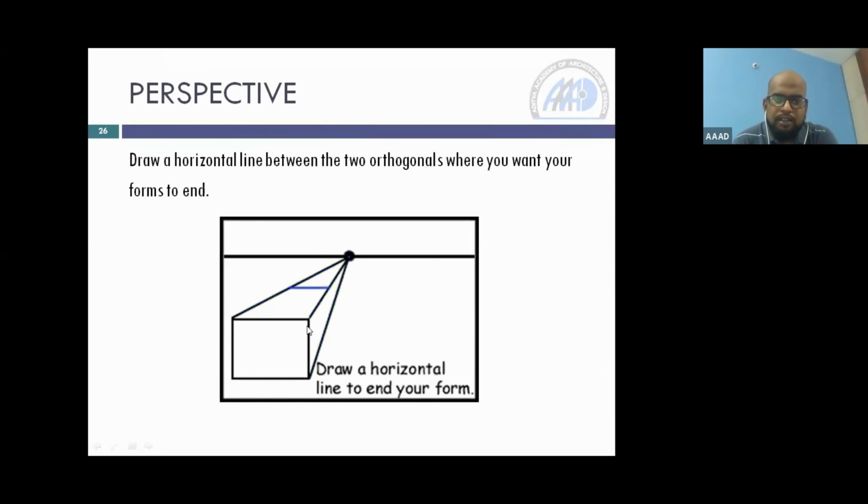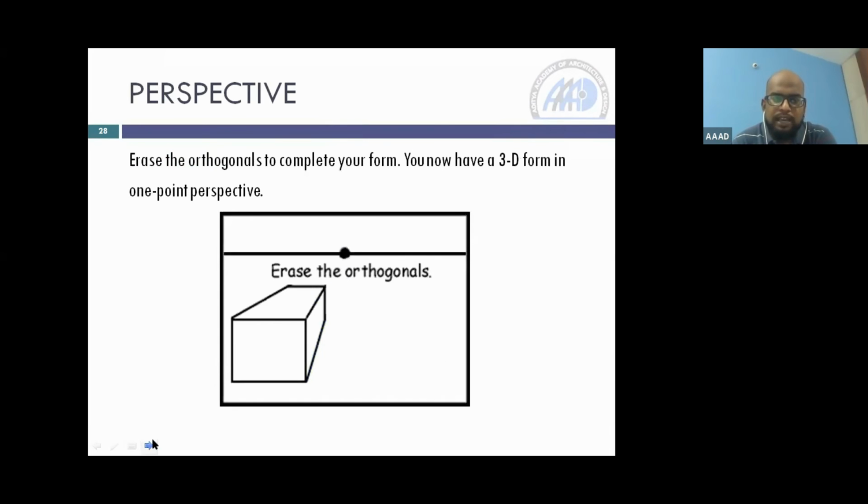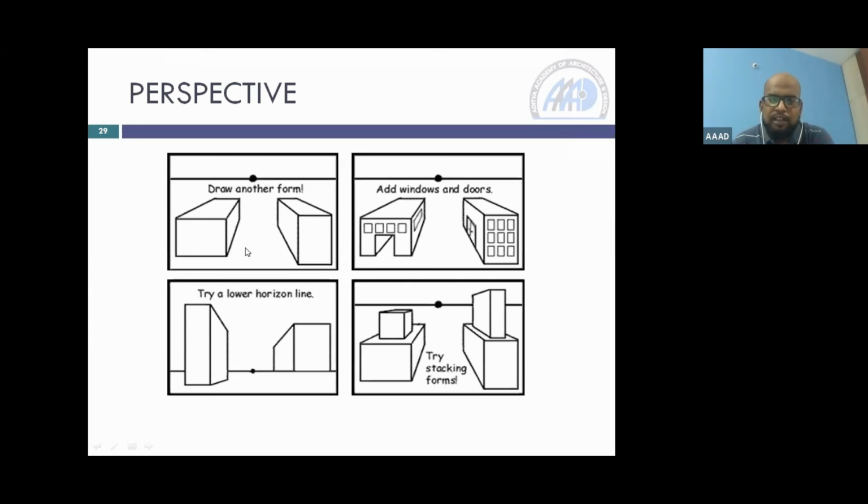Then you can convert that square into a 3D object with your parallel lines. So now you have a cube or cuboid here in a 3D format. So then you remove the orthogonals, you get the 1-point perspective of a cuboid. So you can develop it further, add on more things, then add on smaller details like the windows, doors, and